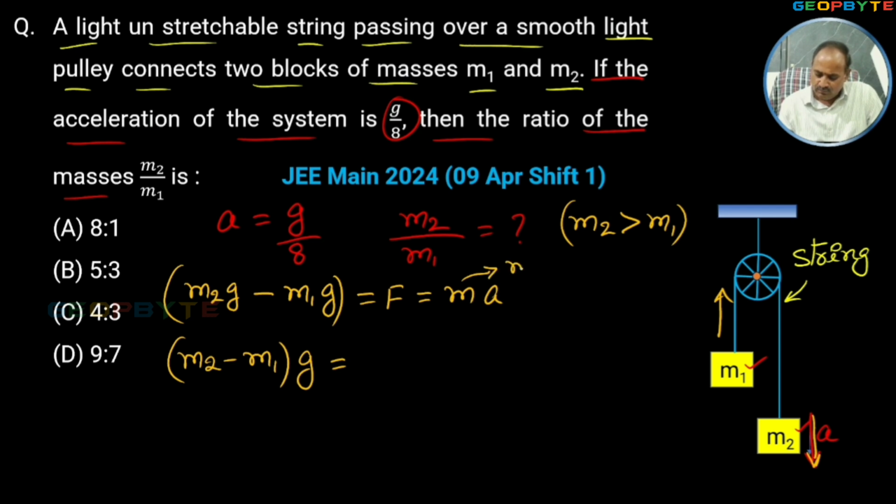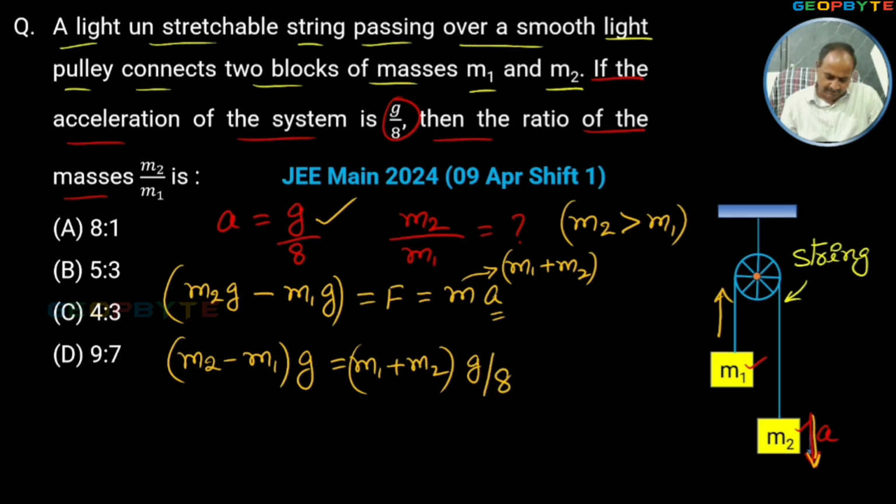What is this m value? m1 plus m2, the sum of the masses, multiplied by the a value, which is given in terms of g by 8. This g part is cancelling. Finally, m2 minus m1 is equal to m1 plus m2